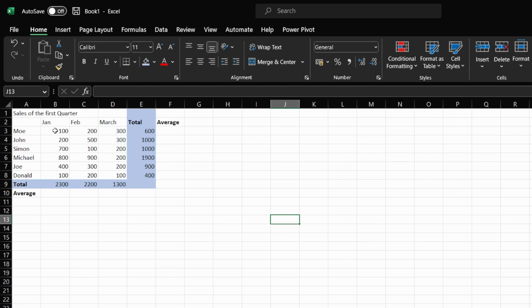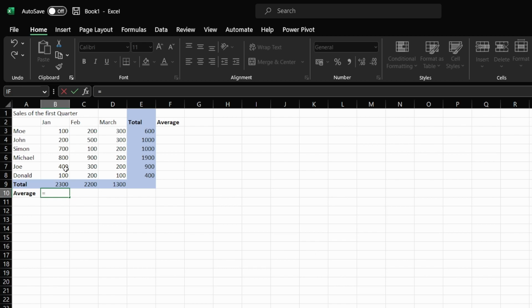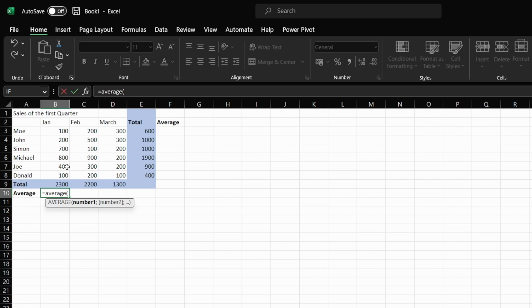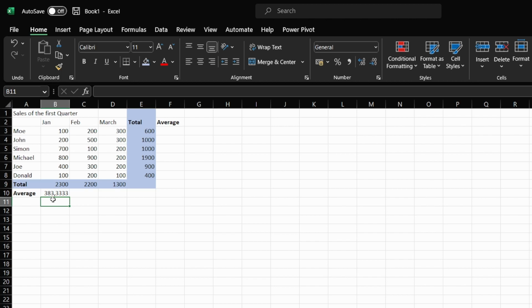We want to first calculate the average of the month January, and we do this by entering the equal sign into the cell and typing in average, opening the parentheses and marking the region we want to get the average from, closing the parentheses, hitting the enter button, and we get the average of 383.333. We can do this also the same way for February and March, but we can do this really quick